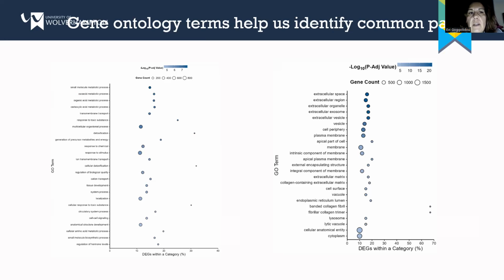So if you look at the left-hand side again, where I have the gene count diagram, you can see that cellular metabolism comes up quite high, as do processes related to the cytoskeleton. The cytoskeleton is the scaffold of the cell that keeps everything in place, and it's very relevant to cilia, because cilia sit on the cytoskeleton to form. So the fact that we have detected changes both in metabolism and the cytoskeleton tells us that in ARPKD, the